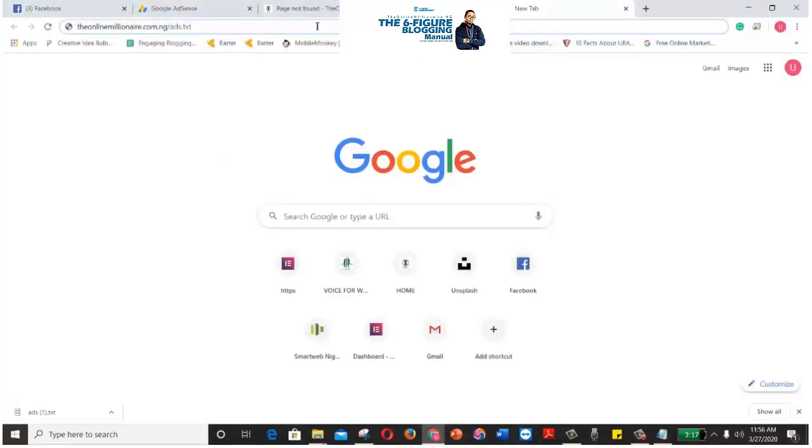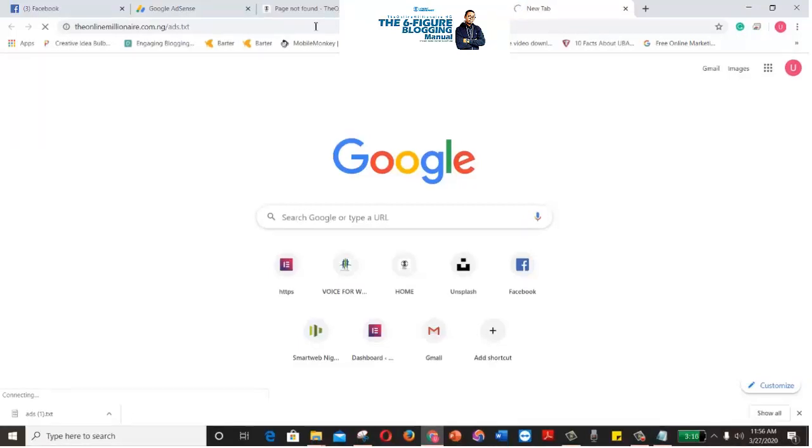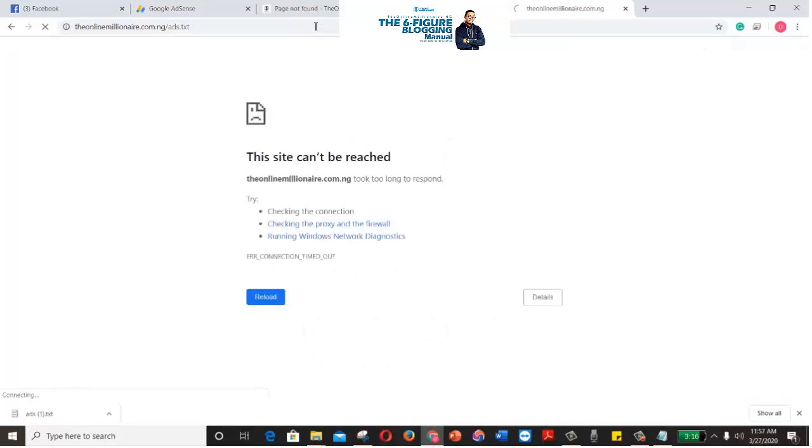So we'll just run a search, the way you run a normal search. Let's just try to connect. Wait while it connects. This is network, okay? It's not the AdSense, it's network issues. All right, so can you see it? That means that everything we've done is correct, and we'll wait for AdSense to activate our website,